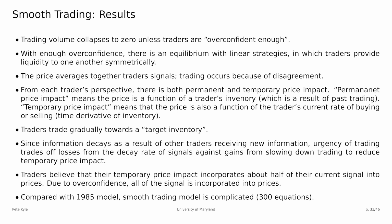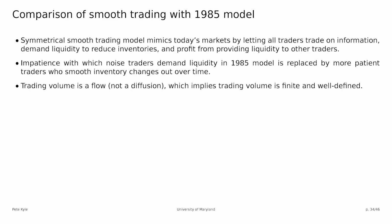So like in Robert Noe Mark's paper this morning, it could be that traders are executing orders kind of quickly and then withdrawing, and then the price goes back over some horizon. So the result here is that liquidity is offered over time, but not instantly. And traders trade gradually over time, and they trade gradually to a target inventory that is a function of their private information and other people's private information. It's basically their disagreement with the market over what the value of the asset is that determines what their target inventory is. Okay, and it's different from my 85 paper, but I think it fixes this idea that traders demand instant